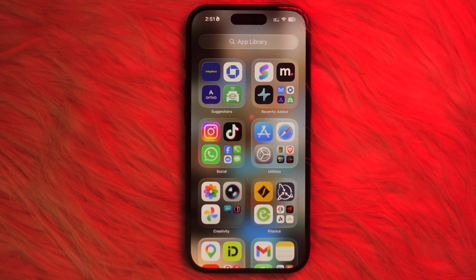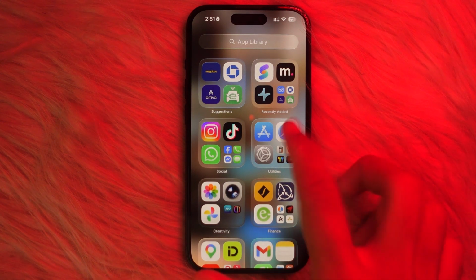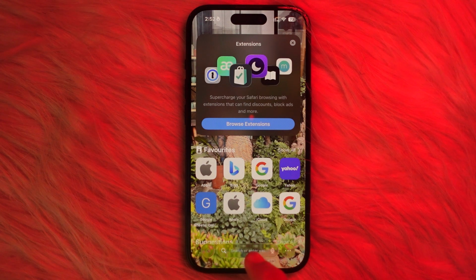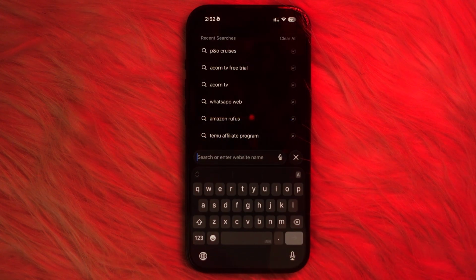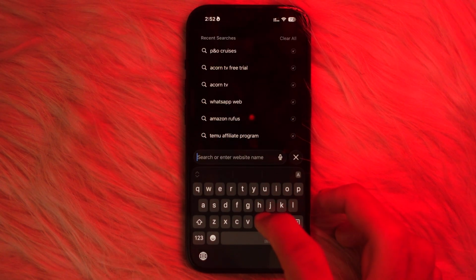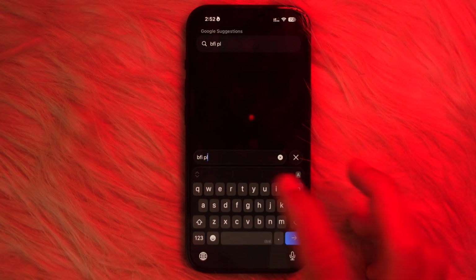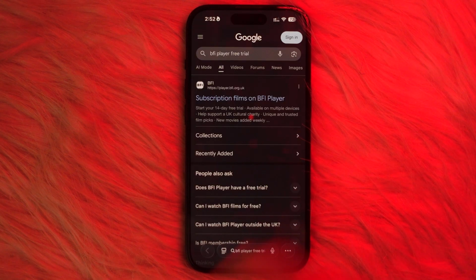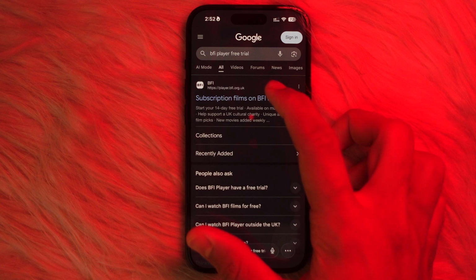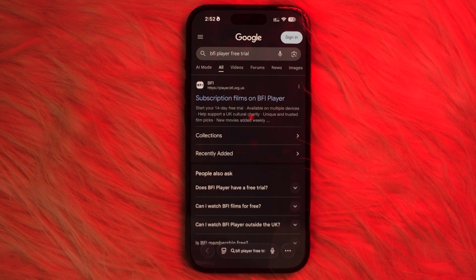How to get BF1 Player's free trial. First, you want to go to your Safari, and here on the search bar you want to simply tap on it and search for BF1 Player free trial, and simply tap on the subscription film on BF1 Player, and here you can also read that you start